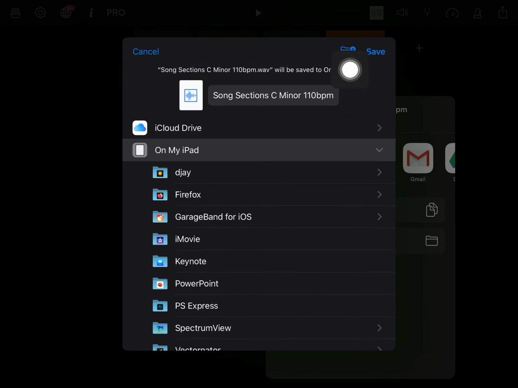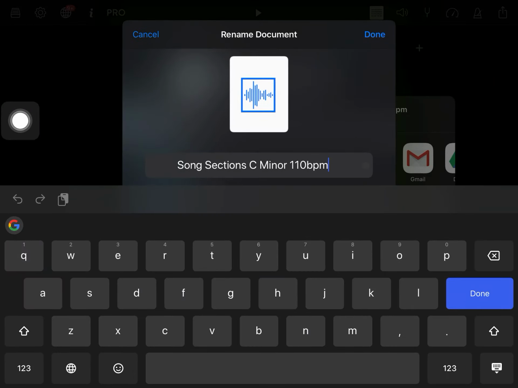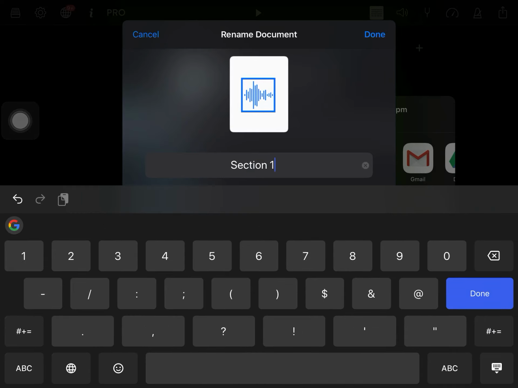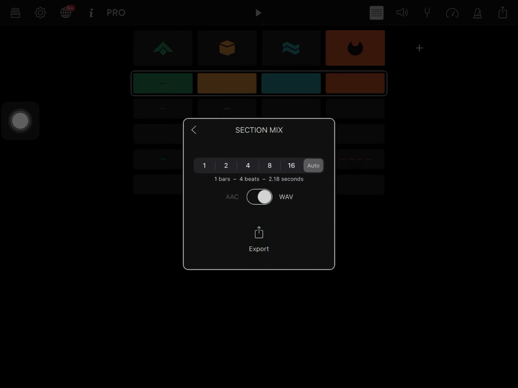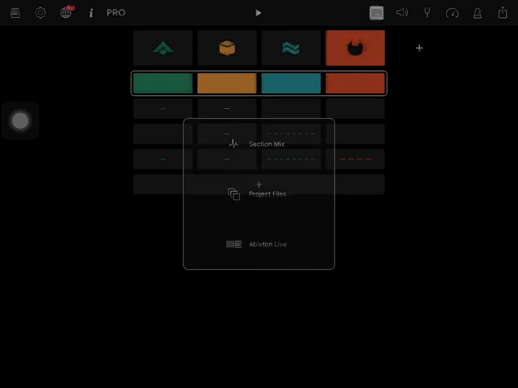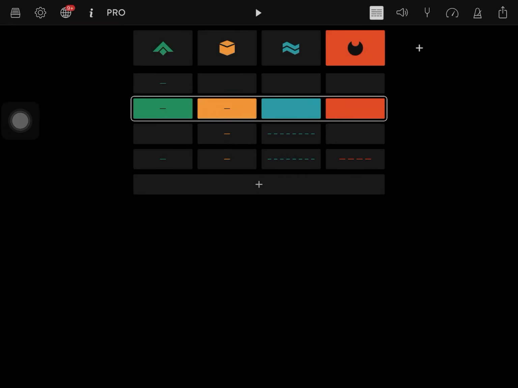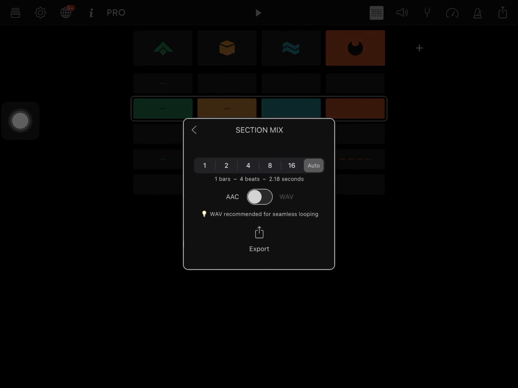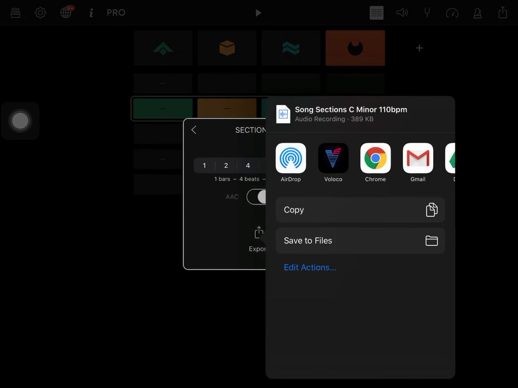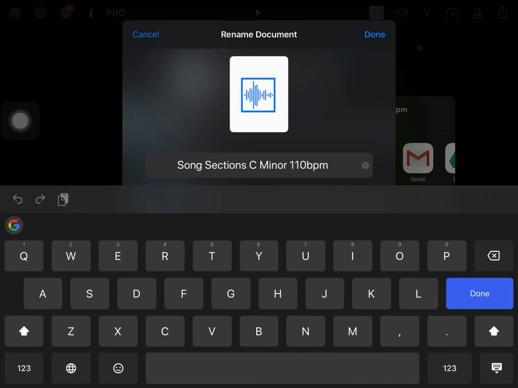Before you just mindlessly tap save, save yourself some time for our next portion of our assignment. Change this name to something like, oh, I don't know, section 1. That might be easy to remember. And get that saved away off into your files. And do that for each track along the way. So highlight the track, or section, excuse me. Export it, create a section mix, WAV, export, save to files, change the name,